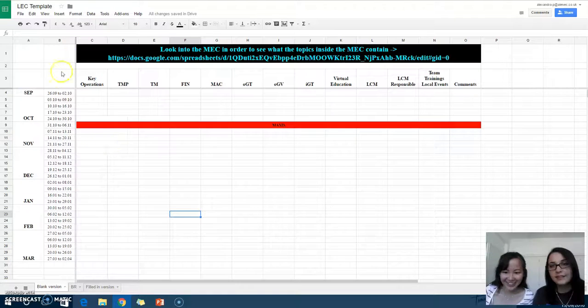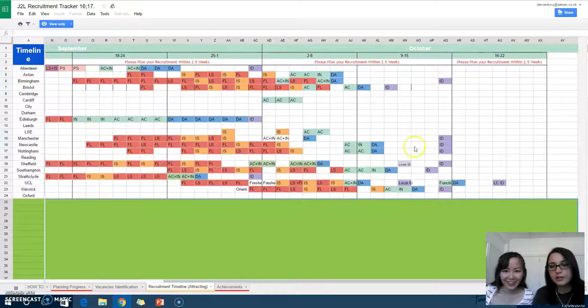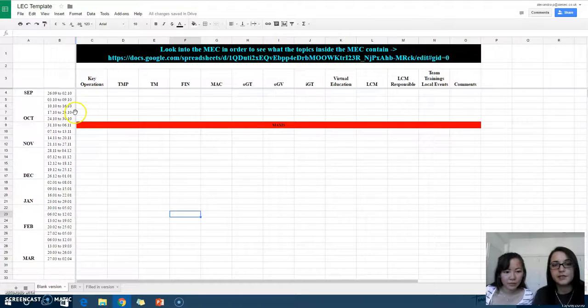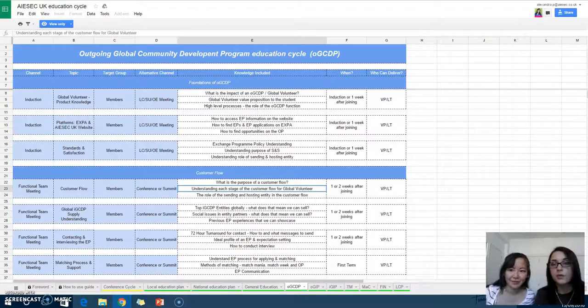Okay. And don't forget to check your timeline and see when your operation is starting. So make sure you take that into account when putting in the dates here, like what knowledge is going to be covered up until Maxis. All right.